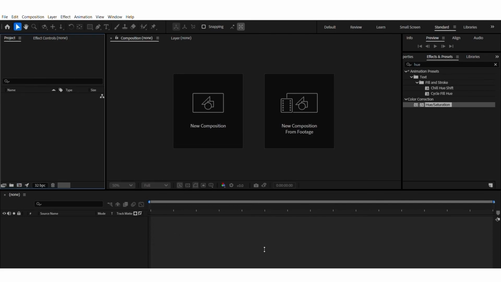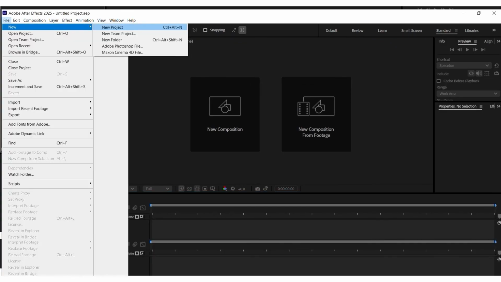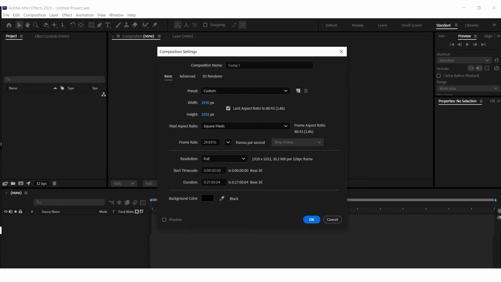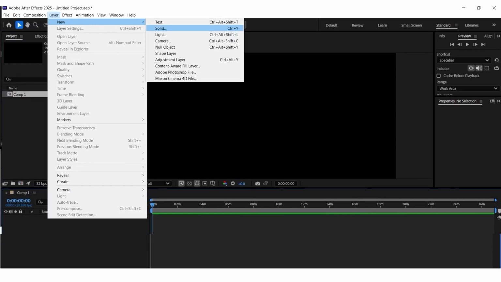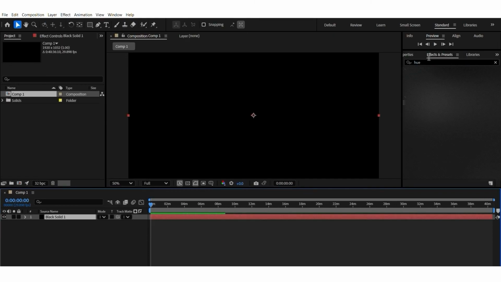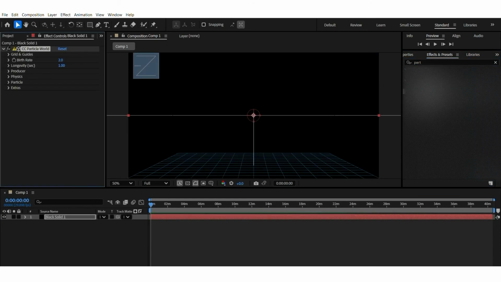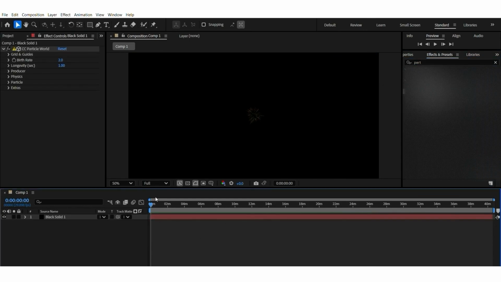Okay, so to show you quickly how I did the videos that I sold on Adobe Stock and Getty Images. Open your Adobe After Effects, go to File, New Project, a new composition with a black background, Layer, Solid. On the right hand side under Effects and Presets, you type Particle World. Double click. And then if you play this,